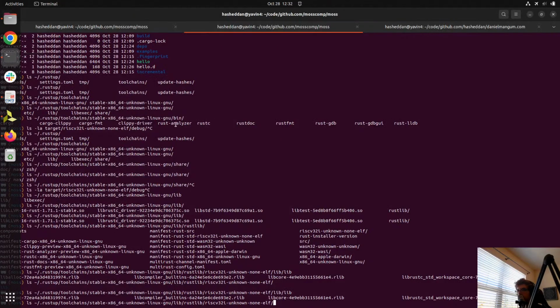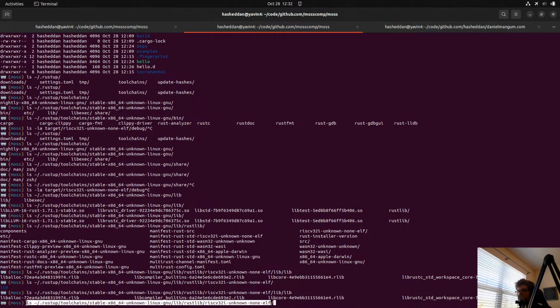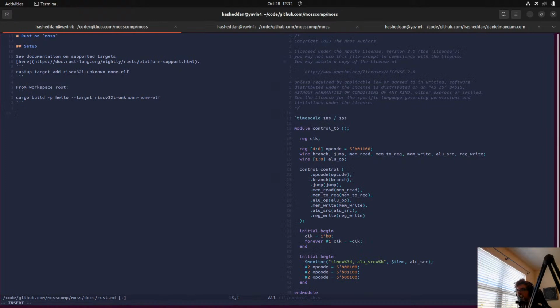Wow, I went through way more than expected there. Let's take a peek here at, well, we'll add this. Rust libraries. So we still have core.